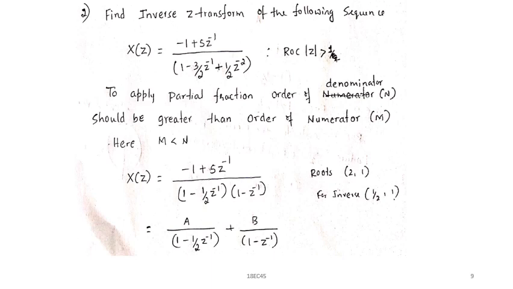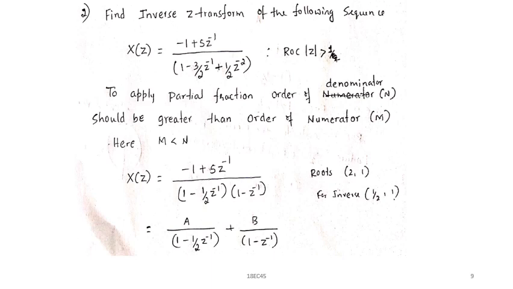Now to apply the partial fraction method, I have to check the order of the numerator and denominator. Here the order of the numerator is 1, whereas the order of the denominator is 2. So you can apply the partial fraction method directly. Now the second step is you need to find the roots of the denominator, and this